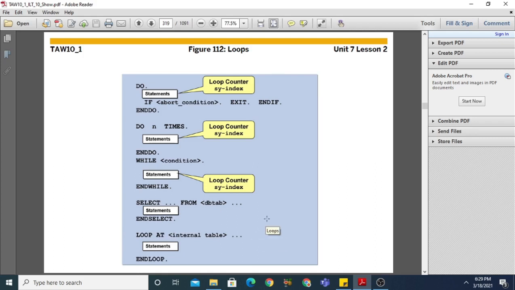Before discussing the loop at internal table, I just want to tell you we have generally two types of table. The first one is internal table and the second is transparent table. The transparent tables exist physically in nature. That means you can store your data into the transparent table directly, but internal tables are not actual tables, they are logical tables.